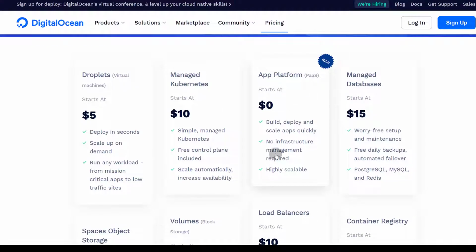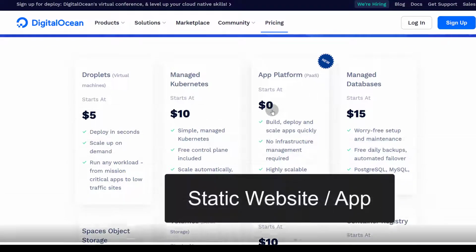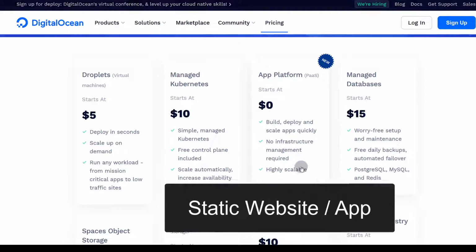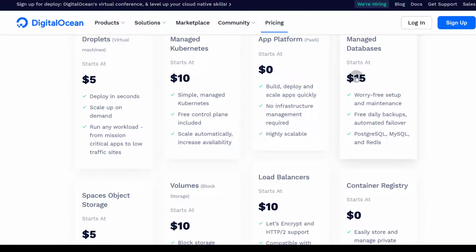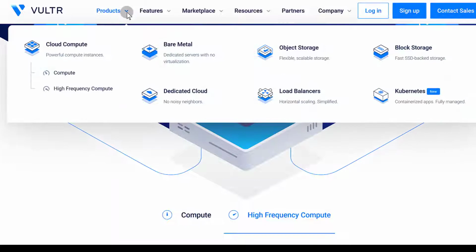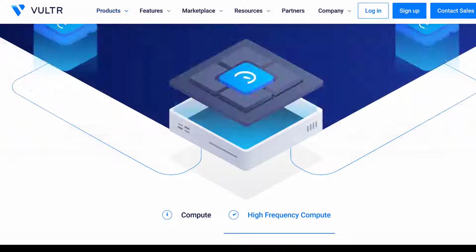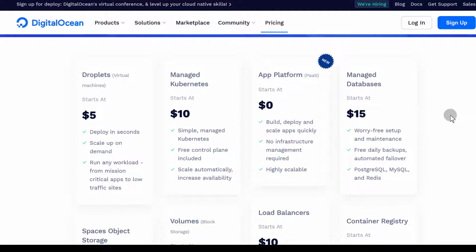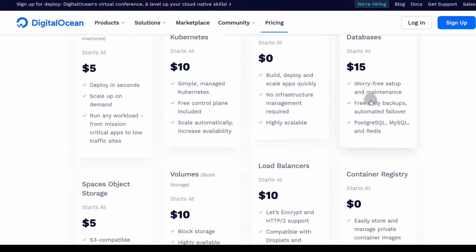App platform. If you want to start with this, if you have some static website that you want to try and host, you can come here and learn about this. And managed databases. Let's see if we have that. Block storage. So I don't see the managed databases, but trust me, they're probably working on it. These guys, when somebody brings something, they always want to bring it too, so that they don't lose customers. So they're probably working on that.